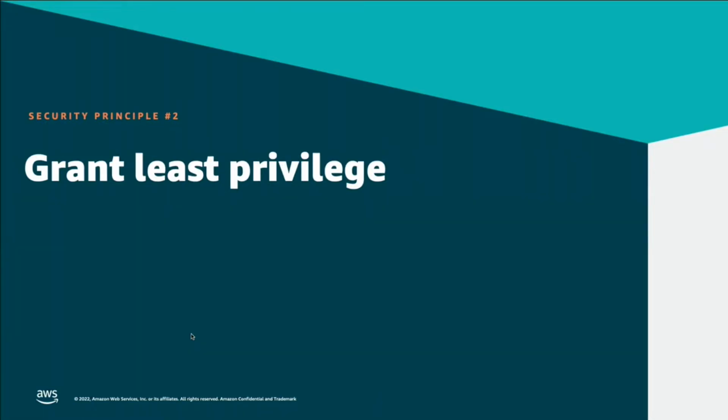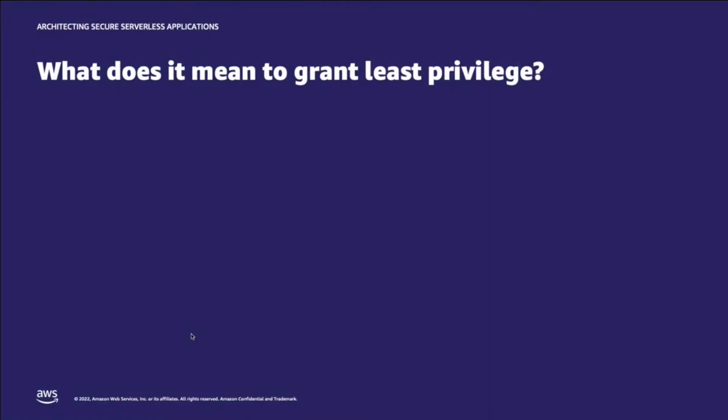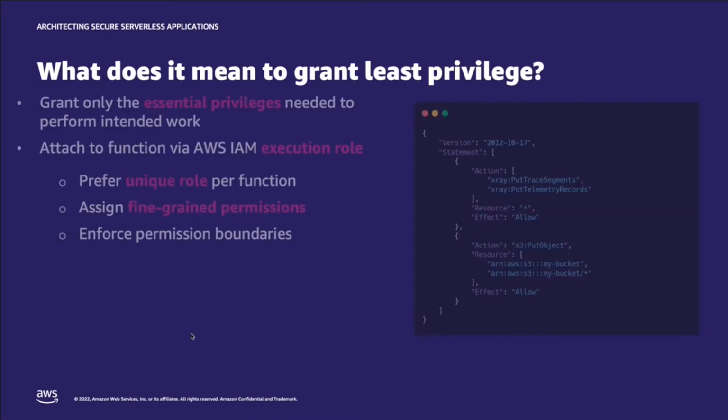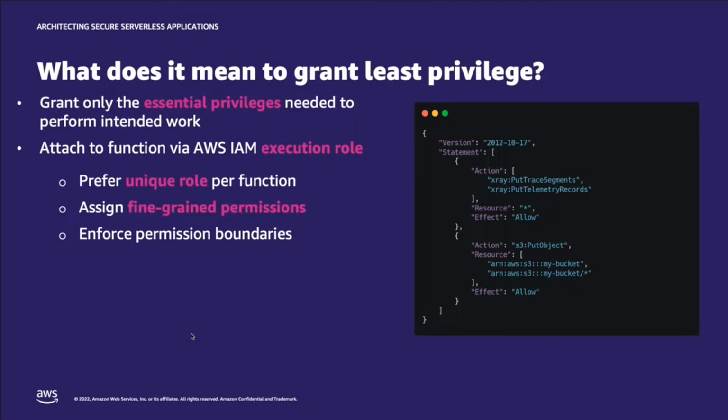So, and what it means to provide the grant least privilege. This is really straightforward, but it's really important to make sure you have this when you are designing your serverless application. Basically, you need to grant only the basic privilege needed to perform any specific work, right? And you attach function via AWS IAM execution role. As mentioned again, just try to have a unique role per function and assign fine-grained permissions and enforce permission